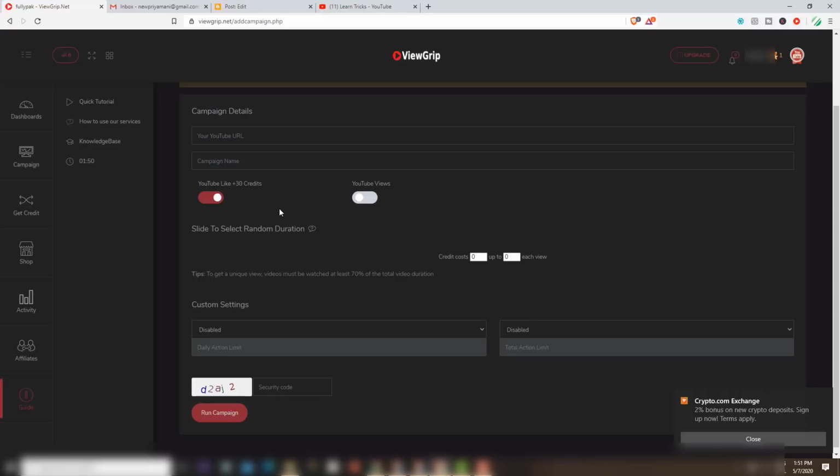And here you can see again for likes also you can set the same, enable how many actions per day and how many actions totally you want for each video. So this is a good feature for settings for any video to control it, so likes don't all come at once, like 50 in 10 minutes or 1 hour, something like that.